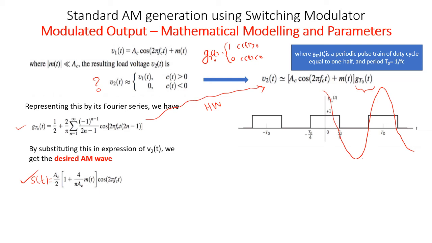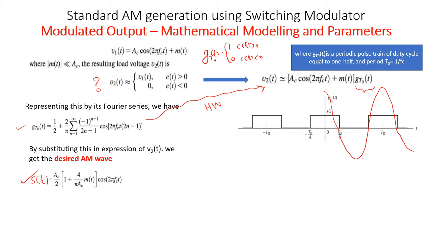So we do have a frequency content at f equal to 0. That is of course because of the presence of the diode, right? The diode is not conducting when c of t is less than 0, so at that time the amplitude is constant, there is no variation in amplitude, and that corresponds to the DC component. Then you can see there is a frequency fc, then we have frequency 3fc, 5fc, the odd harmonics of this cosinusoid.